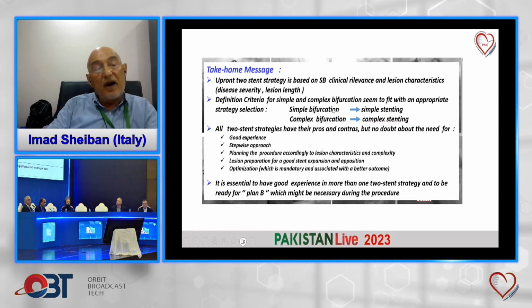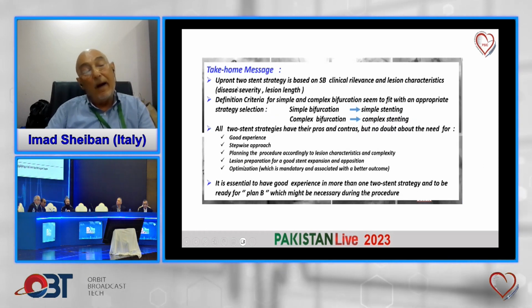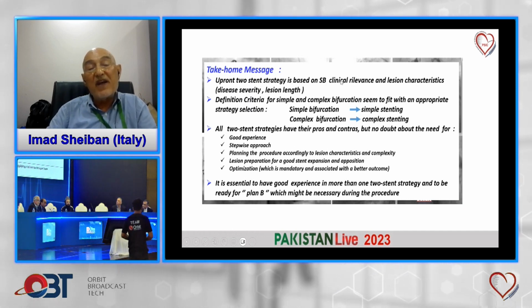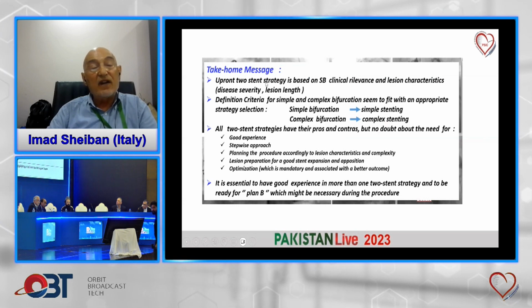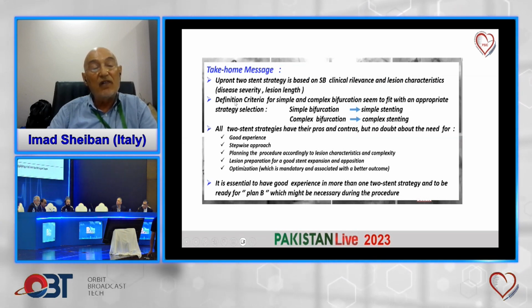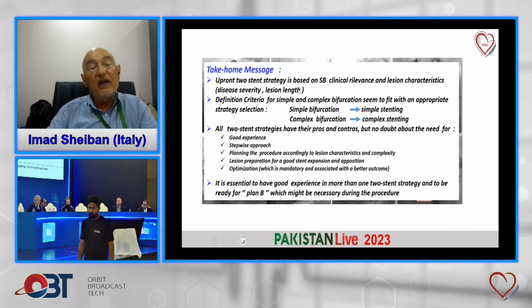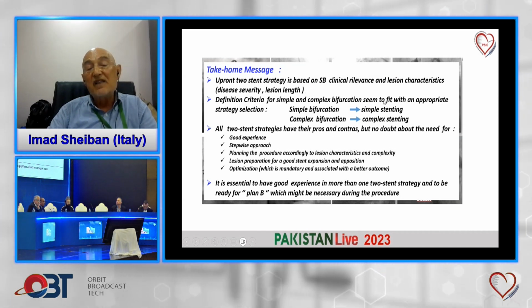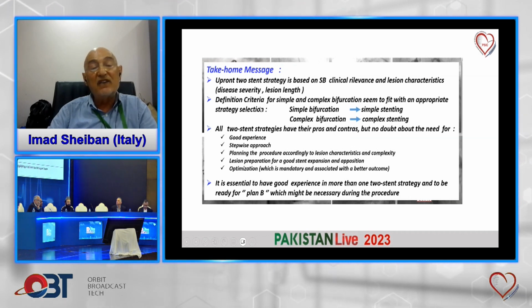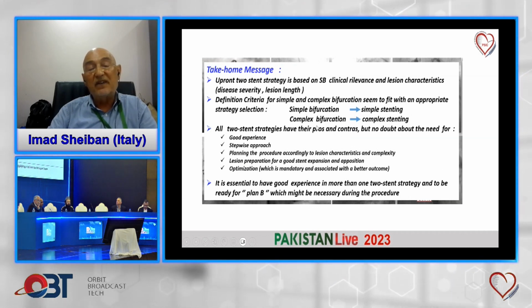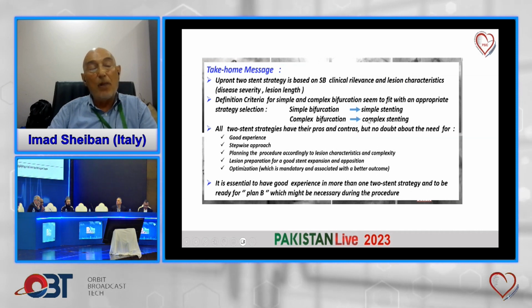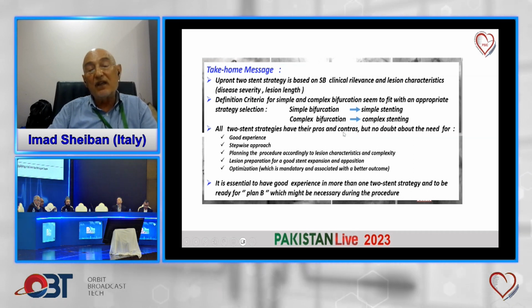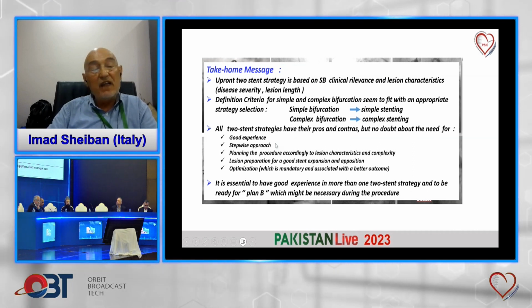So to conclude this part, I'll say that upfront two-stent strategy is based on side branch clinical relevance and lesion characteristics, that means disease severity and long lesion length, particularly in the side branch. Definition criteria for simple and complex bifurcations seem to fit with an appropriate strategy selection: simple bifurcation, simple stenting; complex bifurcation, complex stenting. All the two-stent strategies have their pros and cons, but no doubt about the need for